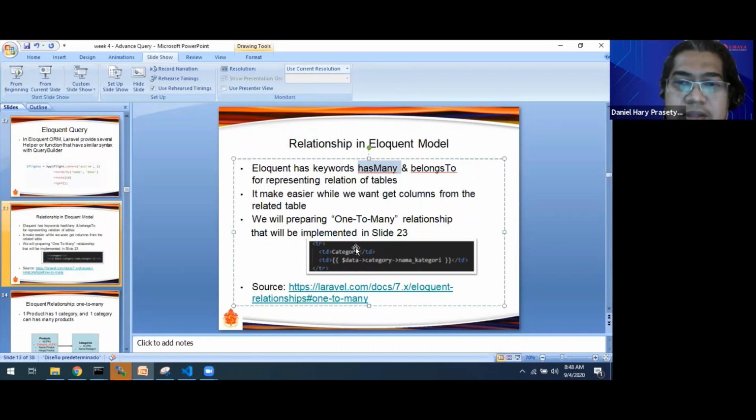Also, we can use it in a different way. For example, we have categories. We just send the category, and we can access the products in that category.